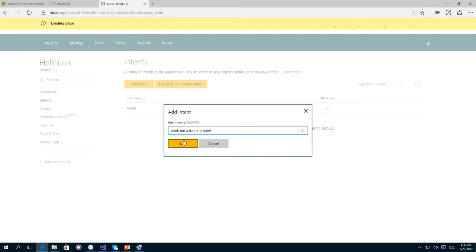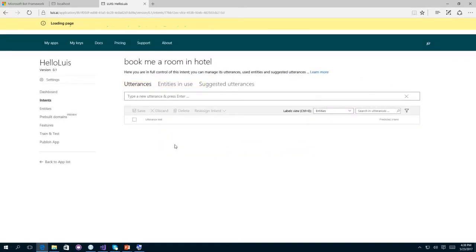And this is a very generic one, as it doesn't include any entities. So book me a room or book a room is the intent, and there are no entities here. So let me save this as an example utterance for this intent. I can add a lot of utterances under the same intent for training. And then I can move to